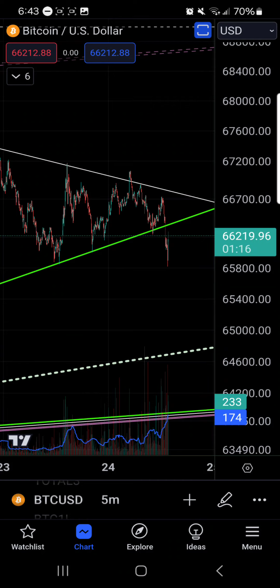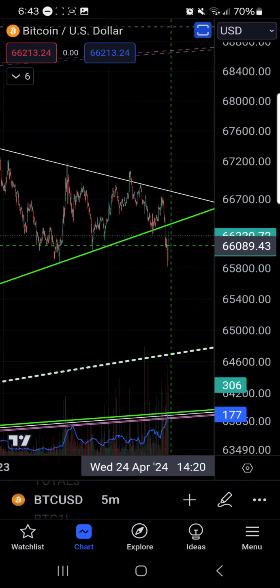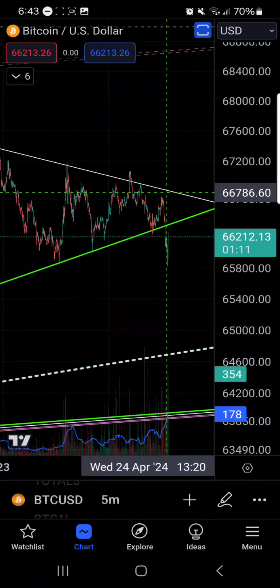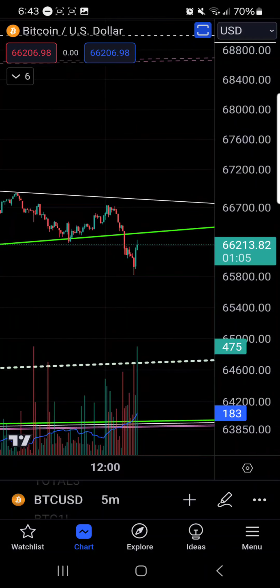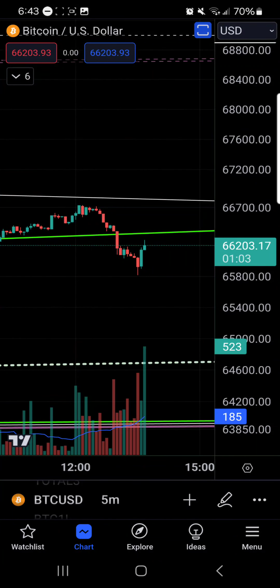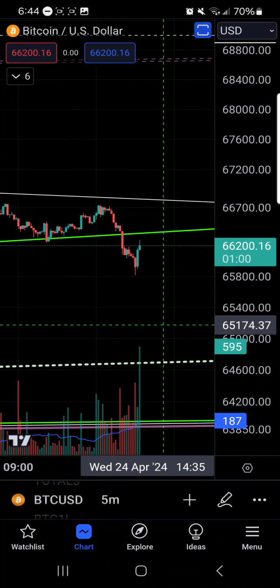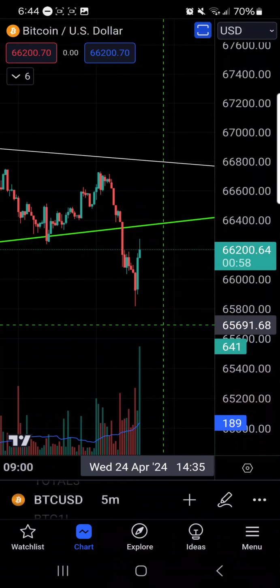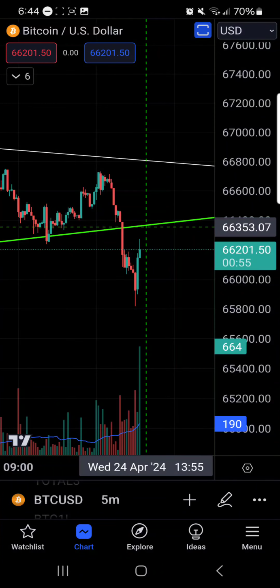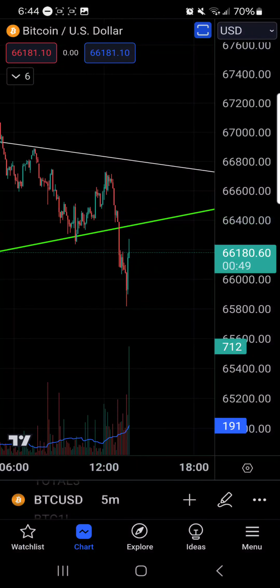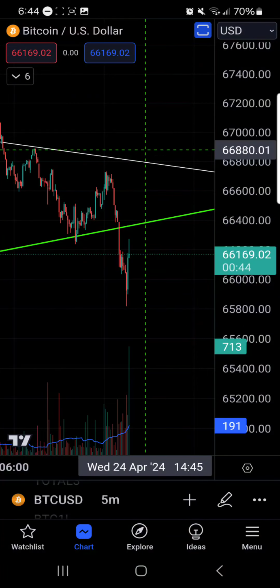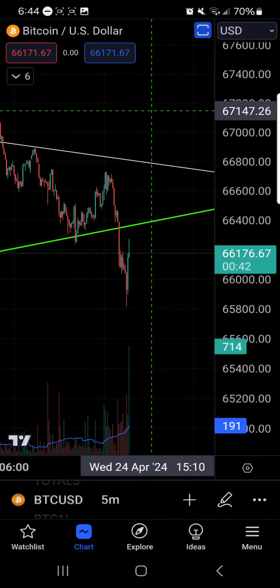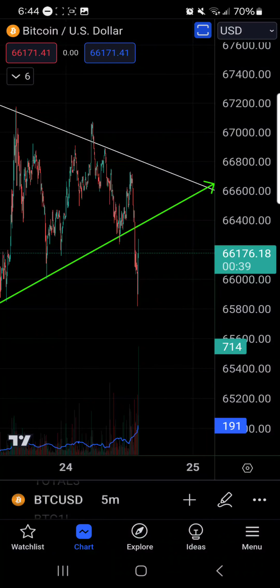And we're now looking at Bitcoin on the 5-minute chart, and you can see currently we've fallen out of this symmetric triangle that we've been trading in. We are coming back up, and I don't know. We'll just have to wait and see what happens here. See if we get a rejection here at about 66,300 and keep heading downwards, or if this is a fake out and we come back up, maybe widen the triangle.